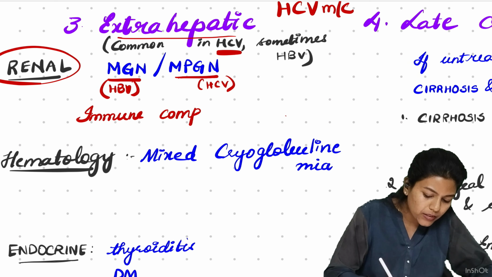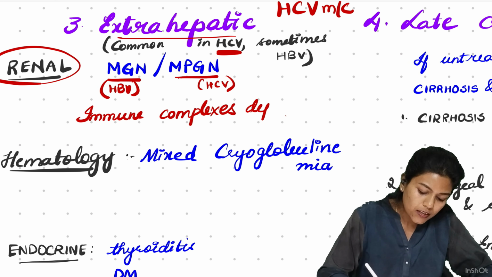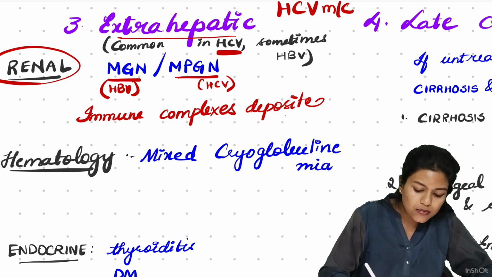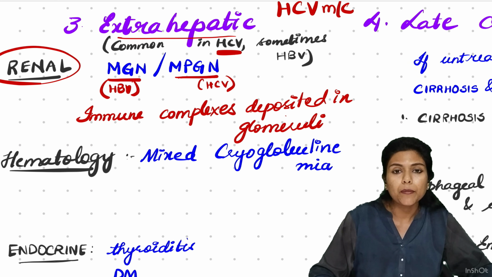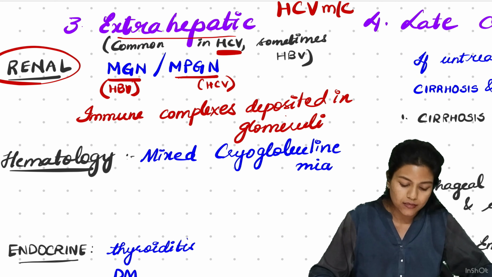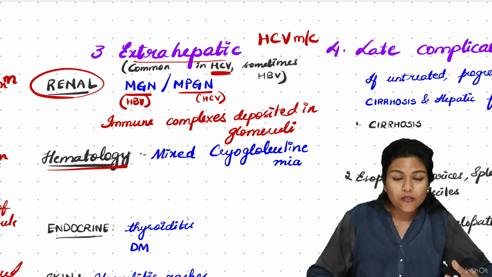It is because of immune complexes formed in this infection. These get deposited in the glomeruli. Because of immune complex deposition in the glomeruli, there is membranous and membranoproliferative glomerulonephritis. Coming to the hematological manifestations, because of this